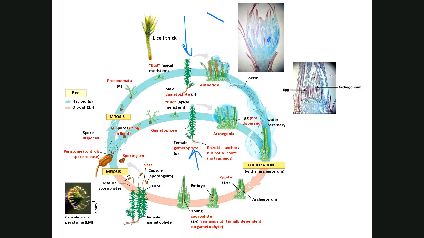Then, in these species, there's a male spore and a female spore. So we have a spore that's going to produce the male gametophyte, which is going to make the antheridia, and then a female spore going to make the female gametophyte and the archegonia. Bud. What's a bud? A bud is just a germinated spore. First, it starts off as a protonemata, which is just a few cells. That's already multicellular. And then off of that protonemata comes a bud, which has an apical meristem, so it knows how to grow up. Important, right, for plants?